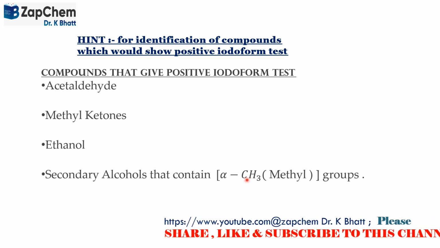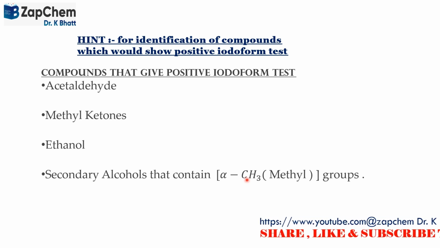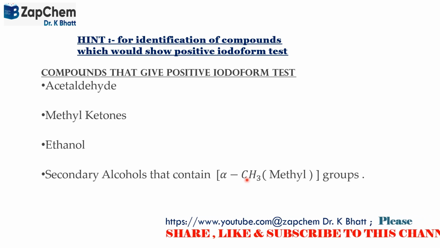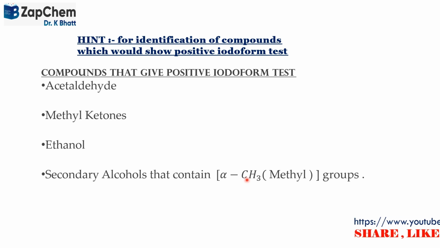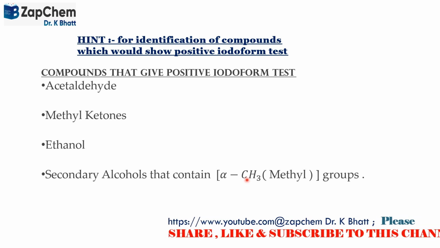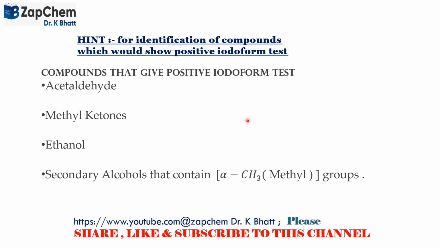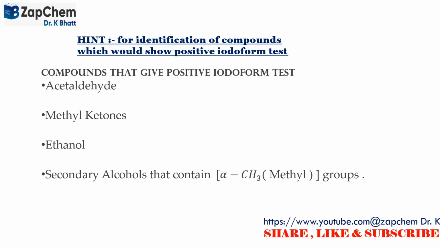And accordingly, we have to find out of the total compounds given, we need to write their structure, and then we can make out about their iodoform test, whether it will be positive or it will be negative, or that means it will not respond to the iodoform test. Those compounds which do not respond to the iodoform test give a negative test. Okay, then let us view the different compounds one after the other, their structure, their name, and also the possibility